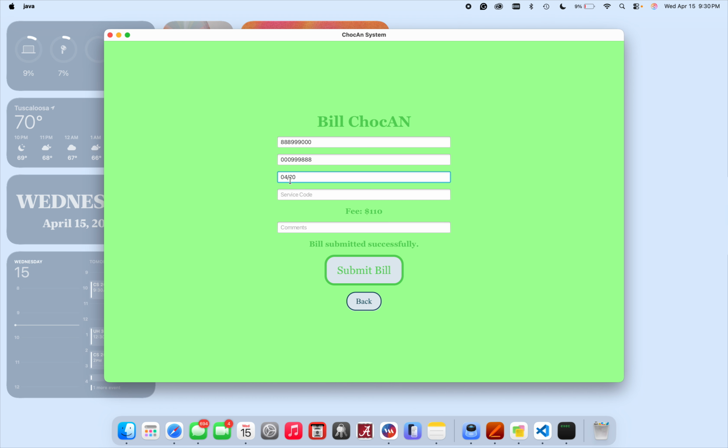04-20. Well, let's do 5. Let's do something in May instead of 04-20-2026. And then we'll service code 1231. Oh, 123. Comment can be awesome. I feel like for some reason the comments is like the hardest part in this instance, and I don't know why. Okay, but anyway, you can see kind of how that's working and how the fees go and all